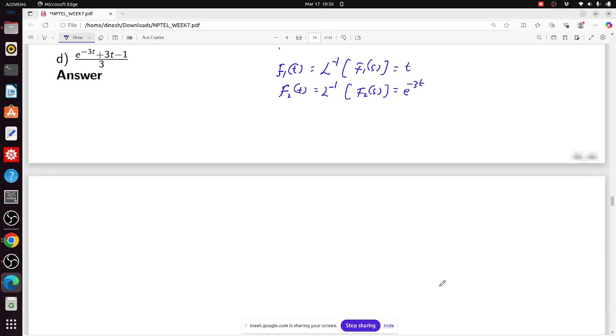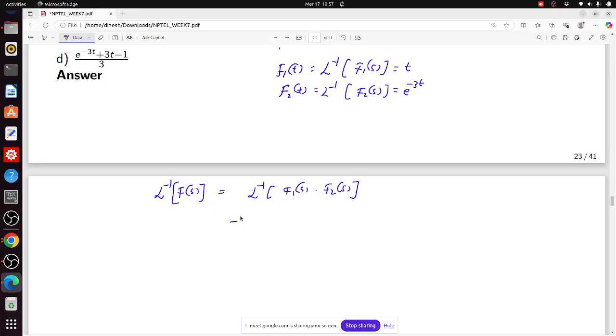So we know the convolution property of the Laplace transform. The inverse Laplace transform of the product of two functions is equal to the convolution of the inverse Laplace transforms of the two functions. That means the inverse Laplace transform of F(s), which is F1(s) times F2(s),